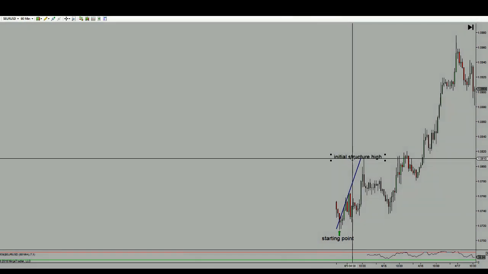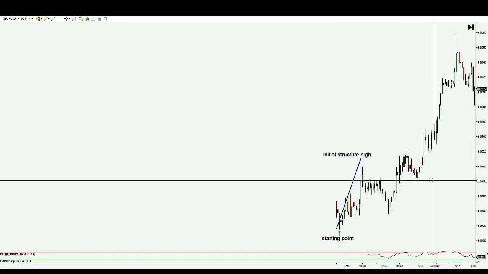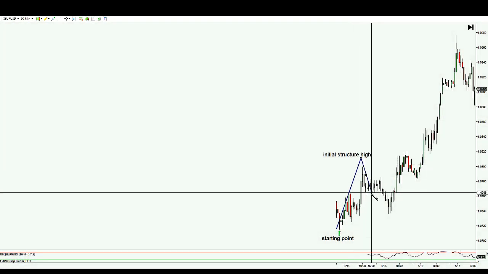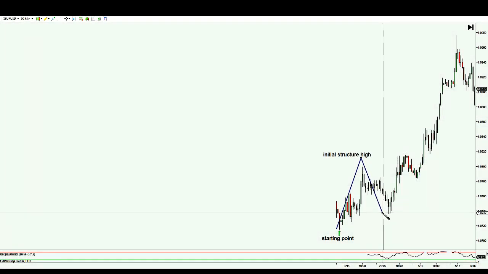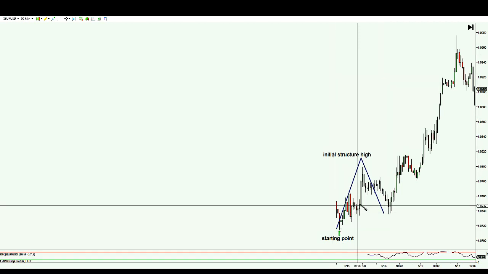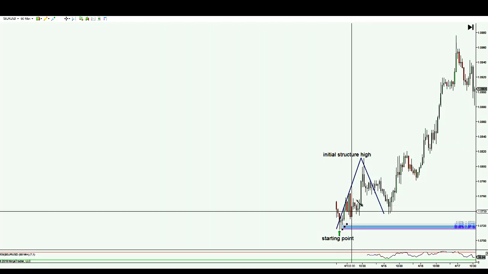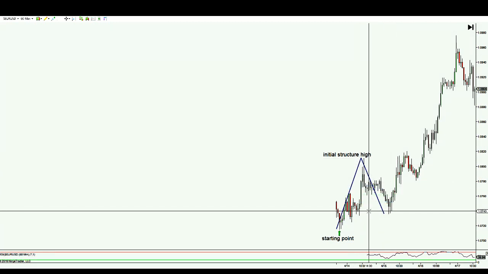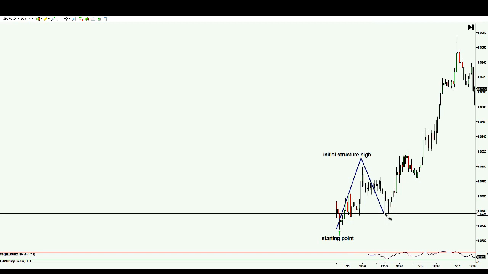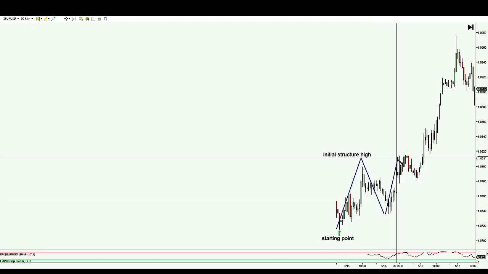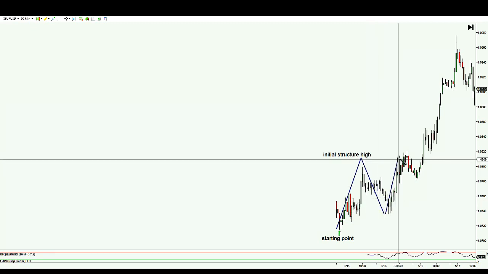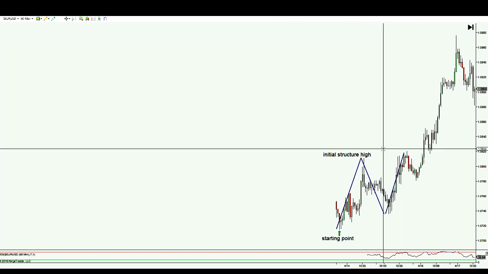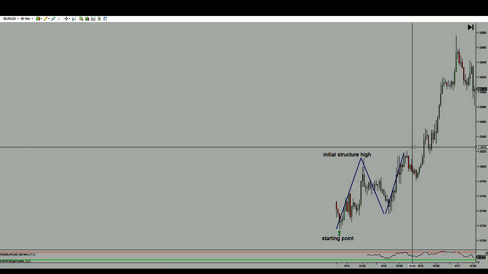Okay, then price retraces a little bit, probably like a 786 fib level. Yeah, 786 fib level. Doesn't really matter, but price then rallies up. We test this high here, and we get a higher close right here. So now with this new structure high,